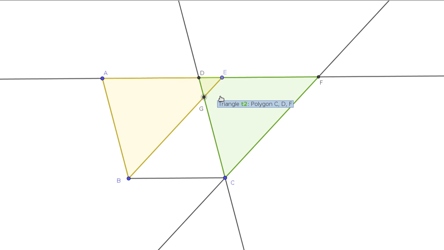And so if we take out the same magnitude from each one of those, then the remainders are also going to have the same magnitude. So the areas, when we take out that triangle from both of them, will also be the same. And so what that really means is that